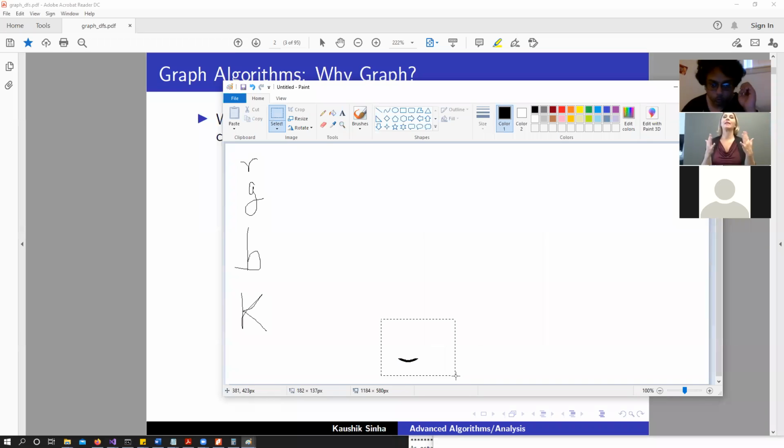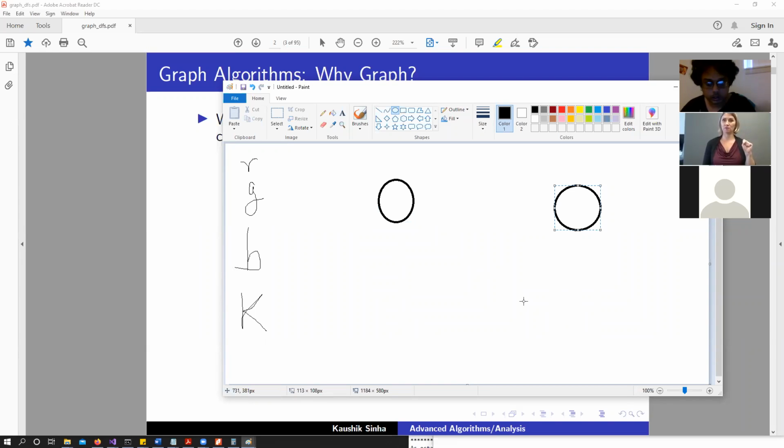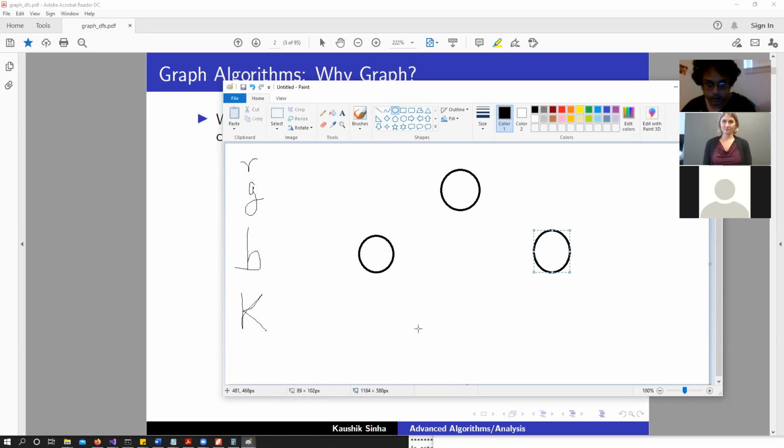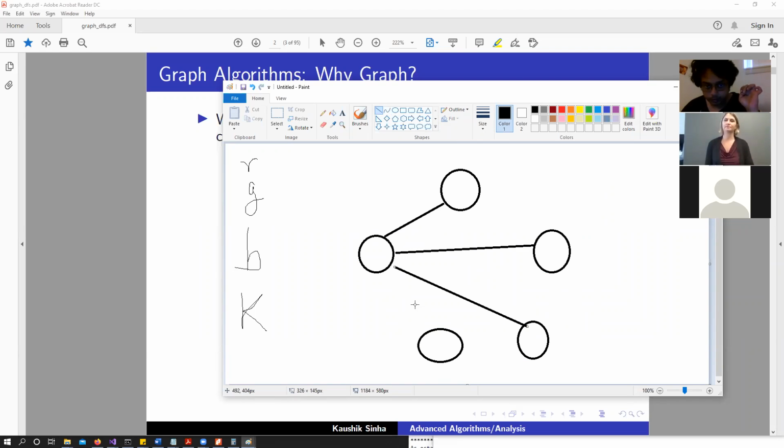Now let's take one more example, for five nodes. Let's try it as a pentagon: 1, 2, 3, 4, 5. Now we have an edge from here to here, from here to here, from here to here, and from here to here.